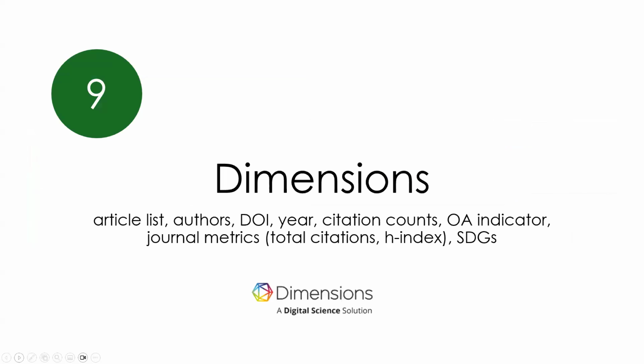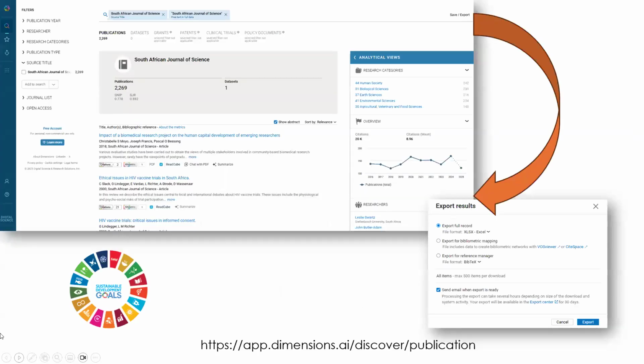Then the last one I want to mention: Dimensions can retrieve an article list, authors, DOIs, years, citation counts, open access indicator, journal metrics, in other words, citations and page index. But what was interesting for me was that it can also indicate the Sustainable Development Goals addressed by individual articles. So I've simply searched for South African Journal of Science, and it returned